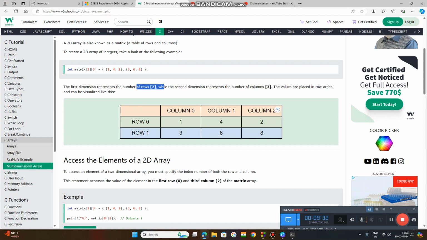Two rows, and the first index will represent rows. How many rows are there? Two rows are there, one row and another row. Okay, understand? Now columns, this row